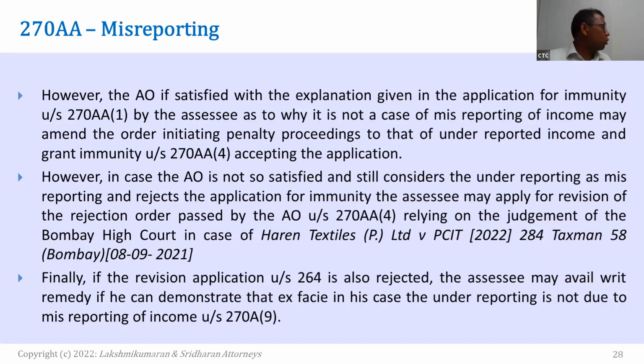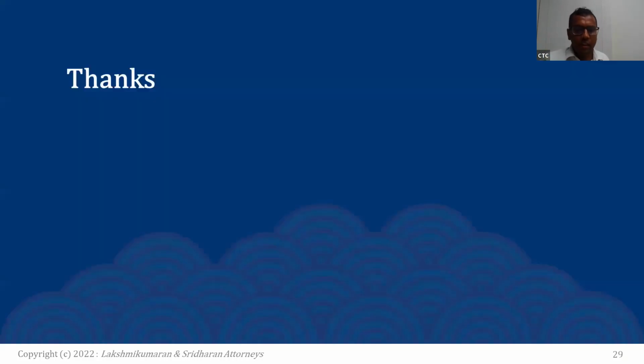We might have to go to court, and we have moved an application also. It is still pending. We told him that his initiation of proceedings for misreporting is incorrect. Therefore, all our applications are still pending. He is bound to reject, for which we have to go to court and get a direction. Till that time, we have to be careful about the initiation also, sir. These are the points that I wanted to broadly discuss.